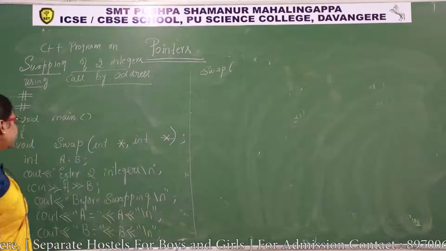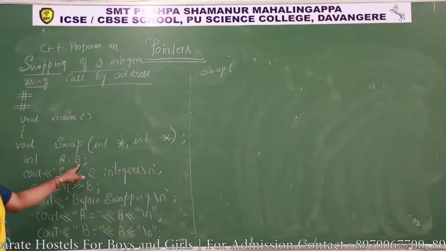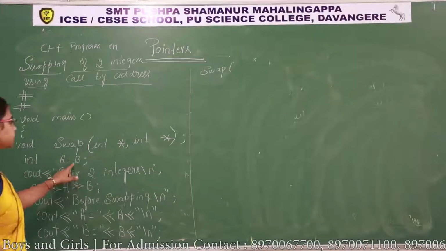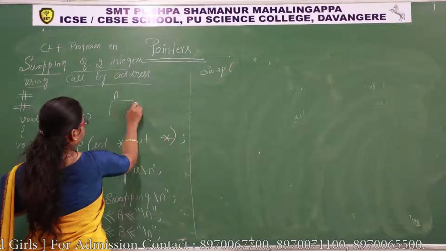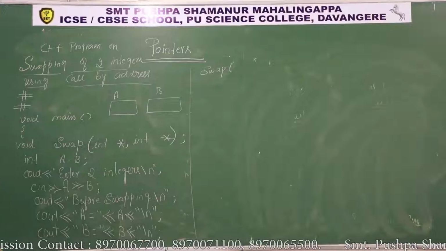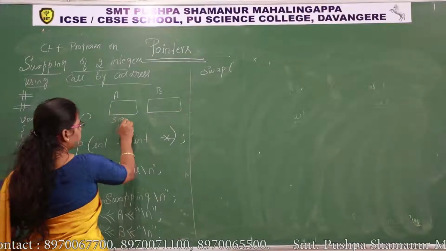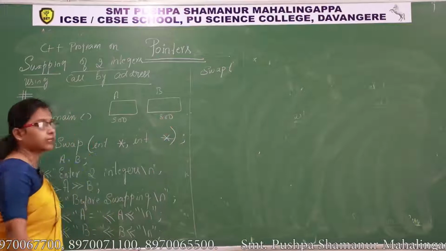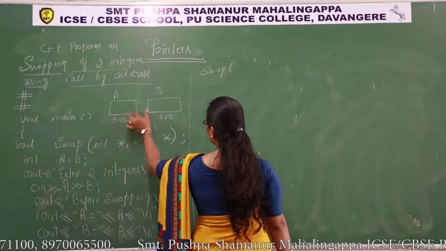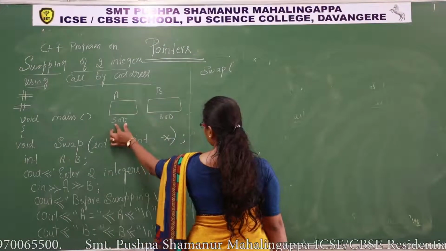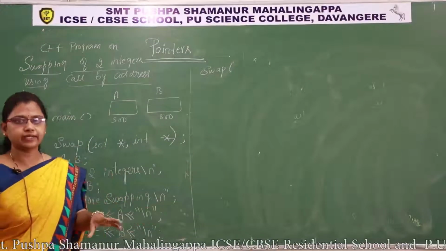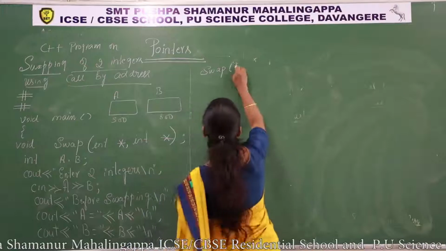Here we are going to pass the addresses of these two arguments. Whenever you declare variables, what happens? There is a memory for a and b. These two variables we call actual arguments. Let us assume the addresses are 500 and 800. Now we are going to pass the addresses of these two arguments. To store the address of any variable, what do we require? We need a pointer, isn't it? So I have to create a pointer here.